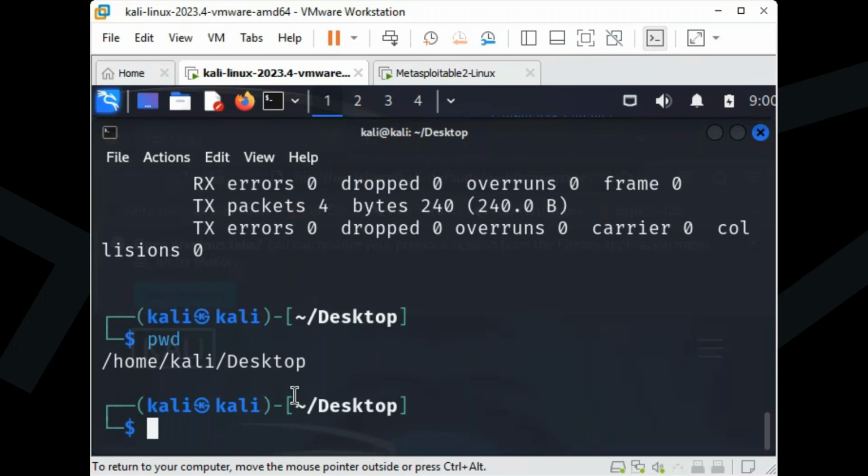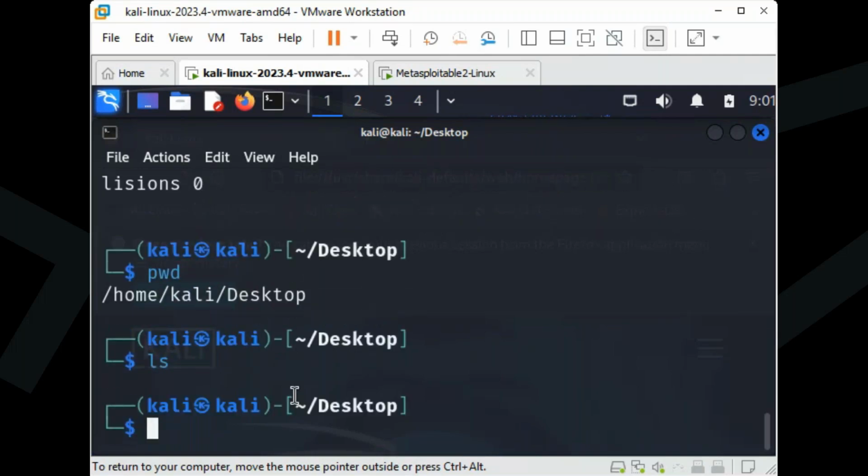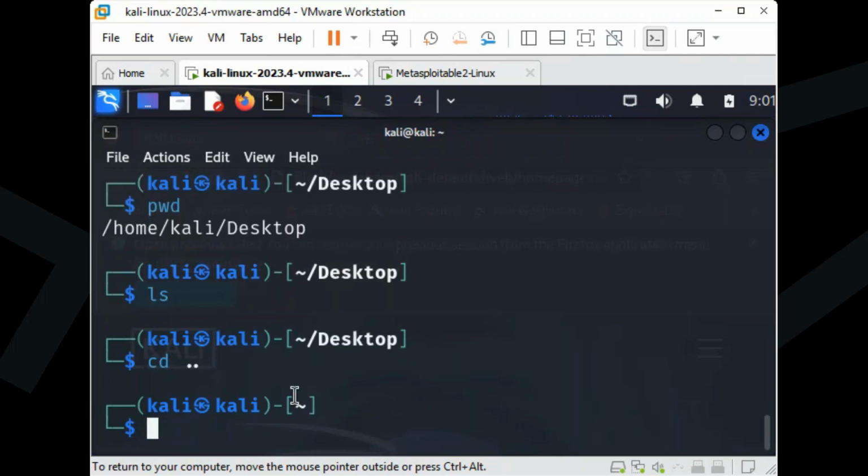And if I want to list the directories in the same path, you just type ls. ls is a command that displays the list of files and directories. Look at this, it doesn't show any subdirectories, because I'm inside the Desktop. So how do I come out from this? cd space dot dot and press the enter key. Now if I run pwd,